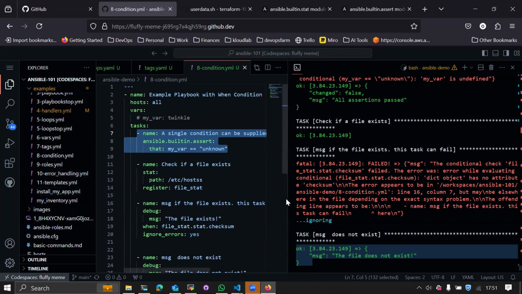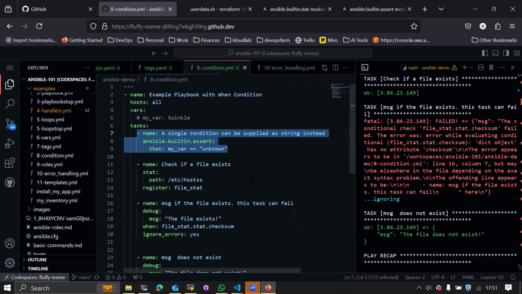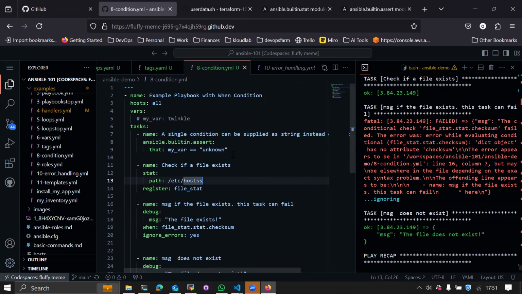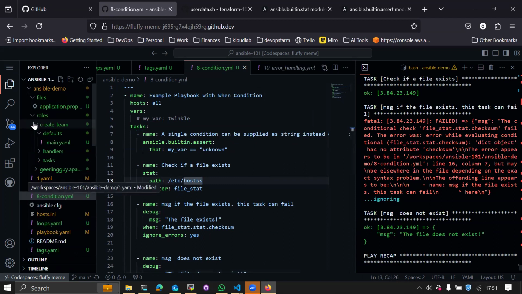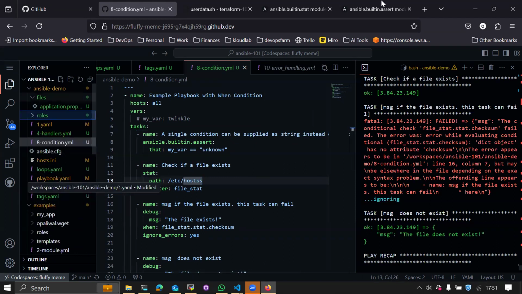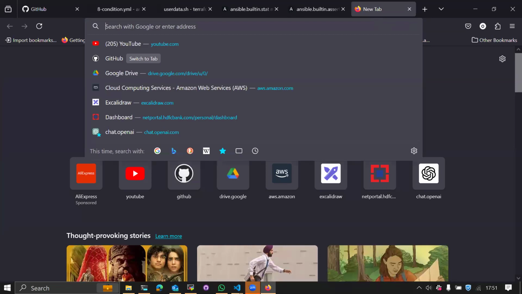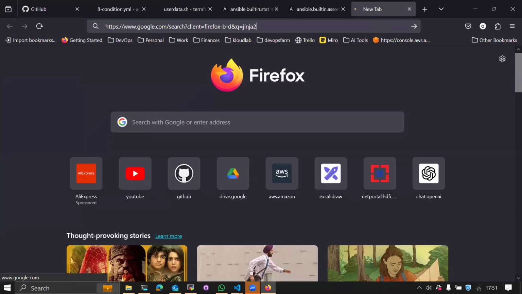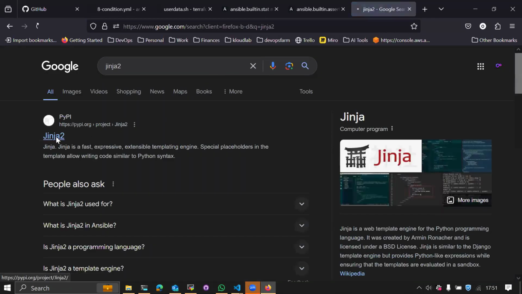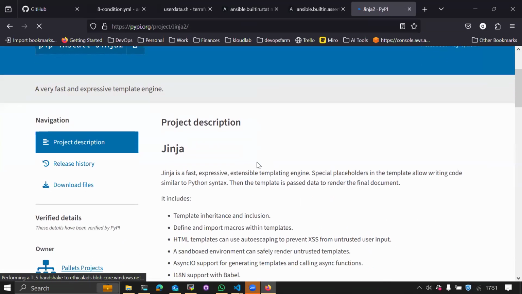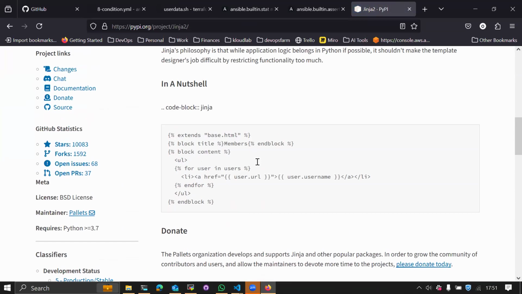Okay. So the last thing that I want to show you is templates. This template is an interesting thing. If you have heard of Jinja, Jinja 2, it is a Python framework which helps you define a dynamic block. So see this one. This is a dynamic HTML file,